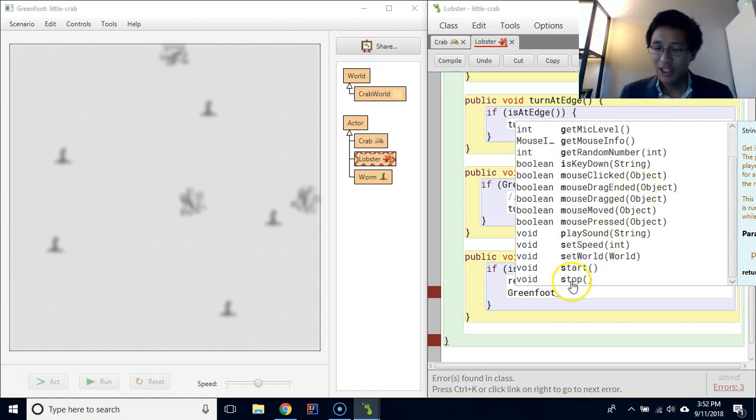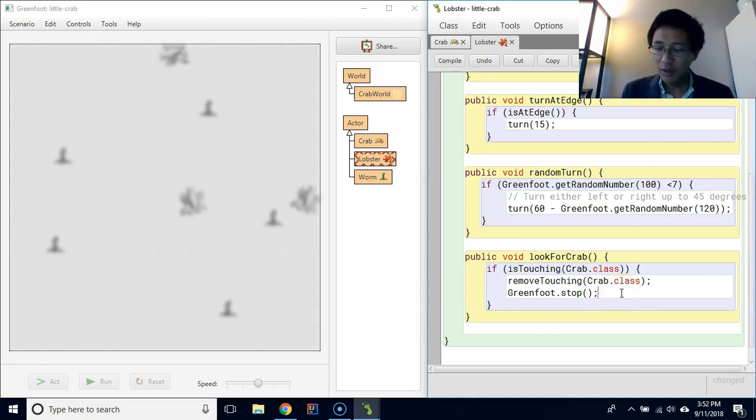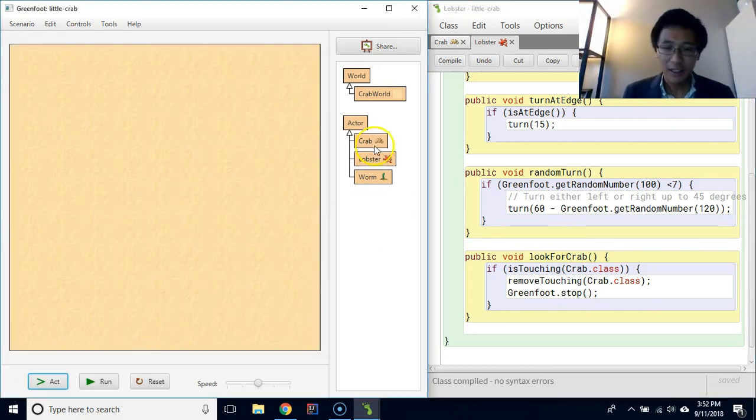Here's something called stop. That looks promising. I probably should look that up since I don't really know what it does in the Java docs, but let's try it and see what happens. I do happen to know that it's the one we're looking for, but I should probably be responsible in the future and look it up in the docs. So let's